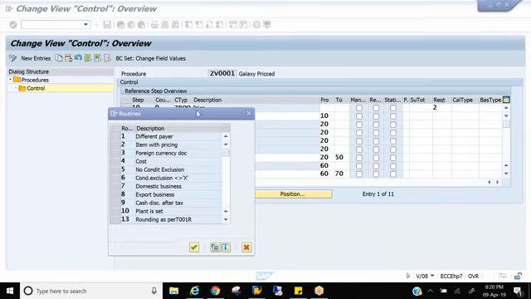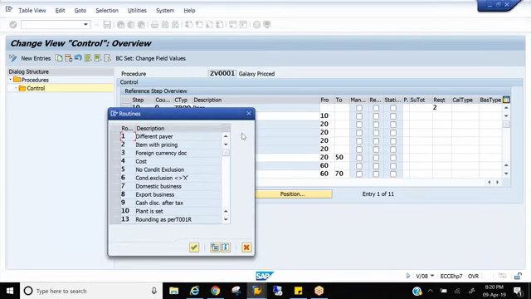Routines will perform validations, and if that validation is passed, then only the system will allow us to get the condition type into the sales document. The validation should pass. So what kind of validation will the system do? First, let's go with the standard routine 2.